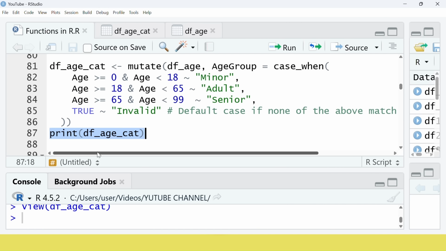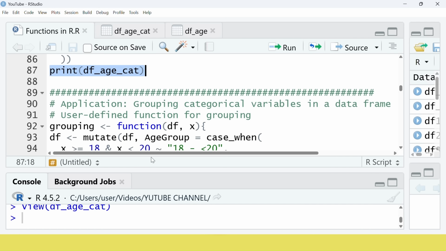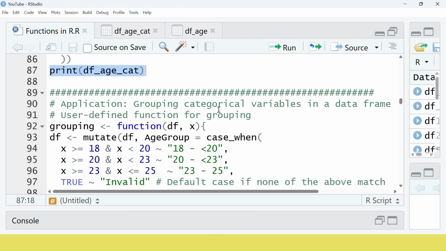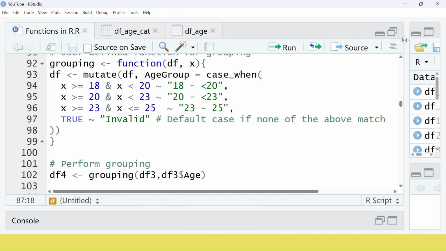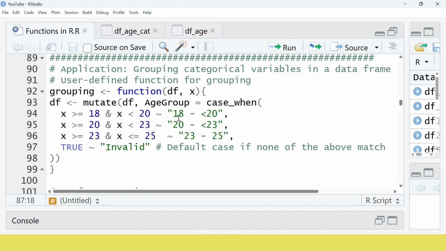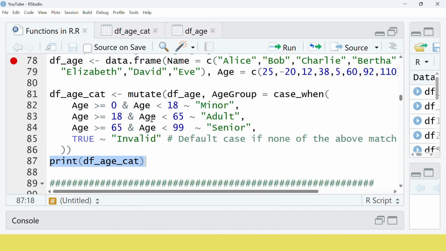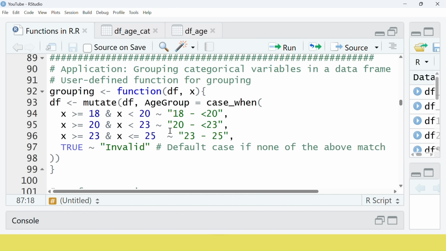Let us apply an advanced function to the data set. So, application: grouping categorical variables in a data frame. We can take advantage of this. We're just showcasing here, but we can take advantage of this and use it. It's not only about age group, not only about ages like minor, adult. You can have, for example, in one of the videos, if you can check, I also did a similar thing. If you have maybe